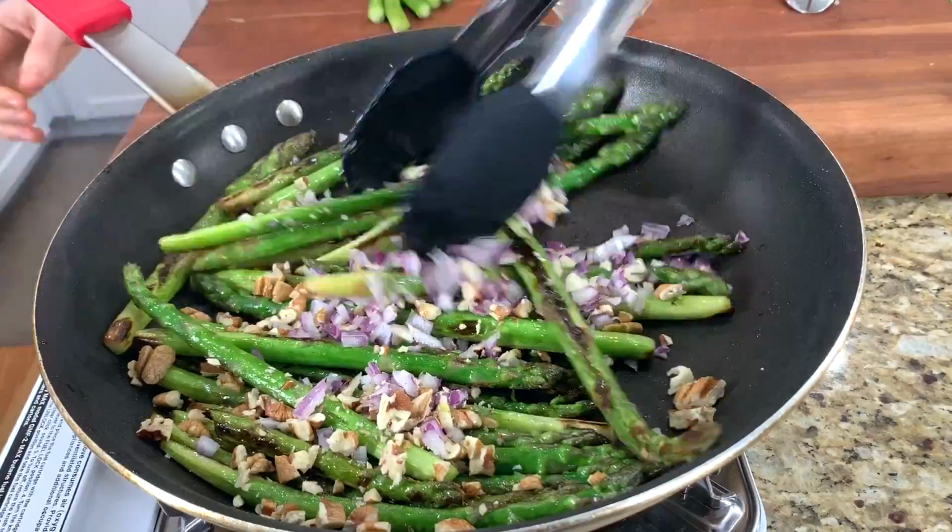so I thought I'd share it with you because, you know, when you drop asparagus into boiling water or you steam them, yeah, they're gonna cook, but it's not exciting. You're not really getting a ton of flavor on there. Putting these on the grill would be great, but if you're gonna cook them indoors in the kitchen, this is the way to do it because we put them in a super hot pan, get them nice and blistered,